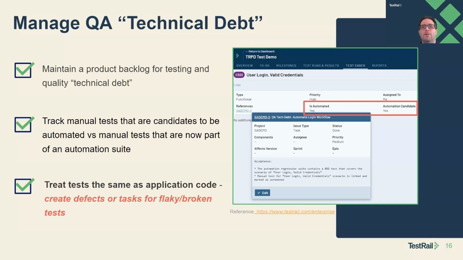Even if your team isn't currently using TestRail, you can think of ways to track and manage these concepts. I'm sure it's a little bit harder if it's not centralized, but having a process to do that is really crucial and provides a lot of visibility to the product team and external leadership on what the QA team is doing, right? Hey, we're refactoring all these tests. What effort is being expended and what is it being reflected against? We should track that with work items, just like application code, cloud engineering and infrastructure changes, everything.